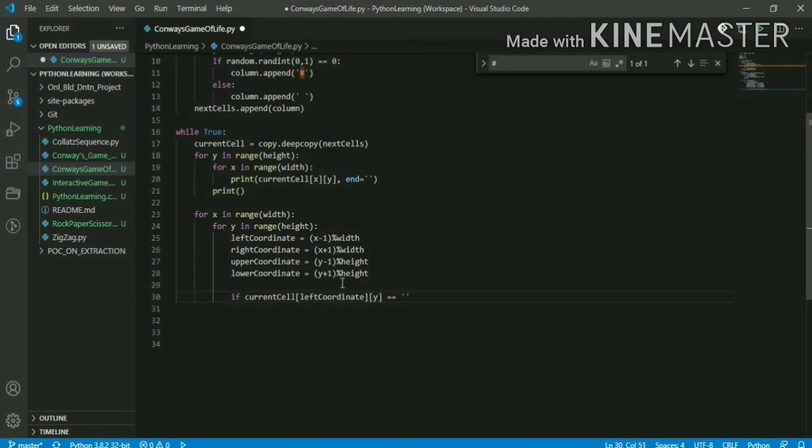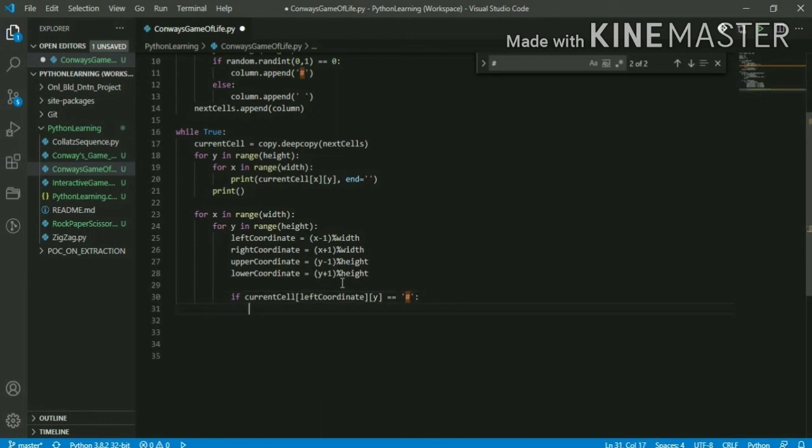My motive here is to calculate the number of living cells surrounding my current cell. So I'll start with my immediate left position. Okay, so if this condition is satisfied, then